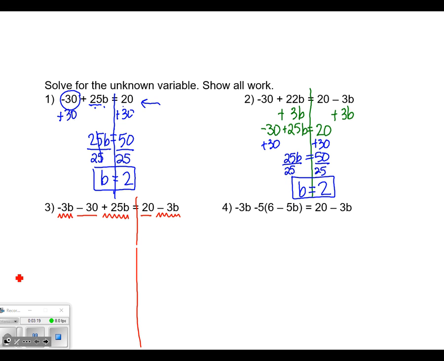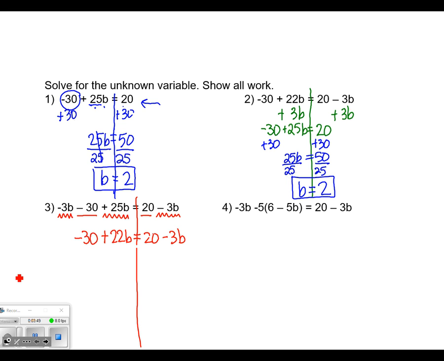So on the left here I've got 2 variable terms to combine. Let's see. I'm going to start with negative 3b plus 25b. The signs are different, so I find the difference. 25 minus 3 is 22, and I keep the sign of the one that had more, and the positives had more. So plus 22b equals 20 minus